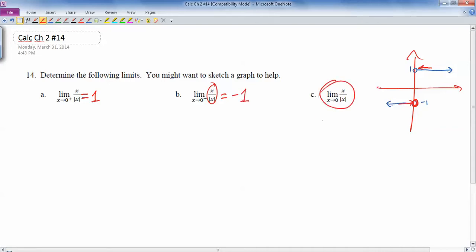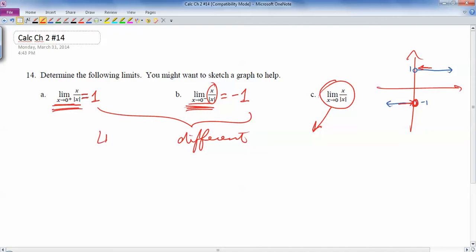If I said what happens at 0, well, then what I'm really asking is what happens at 0 from the right and 0 from the left. Well, these are different. So left hand and right hand limits are different. So the limit as x goes to 0 in general of x over the absolute value of x does